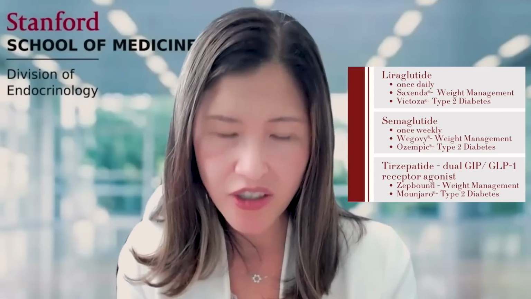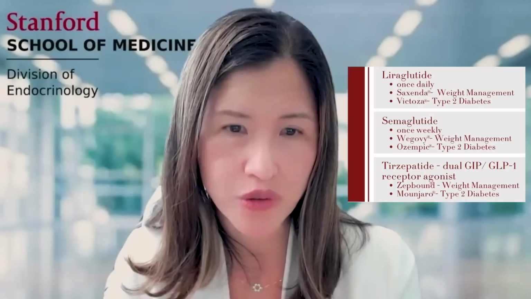There's one other GLP-1, dulaglutide, which is branded as Trulicity for diabetes only and not as weight management. And then there are some other shorter acting ones that we're not using as commonly. So I'm not going to talk about that here. If I had all the resources in the world, I would like to choose the most effective agent. And I would say currently that agent is tirzepatide. It's more effective for weight management, and it's more effective for glucose management as well.